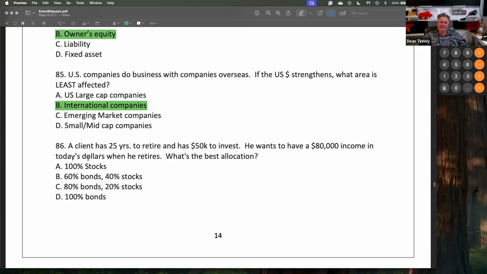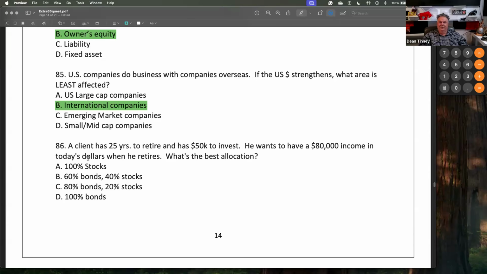I think this guy's pretty unreasonable. He's got $50,000 to invest. That's his present value. He wants a future value that'll pay him, Joseph, $80,000 a year off a base of 50? Are you nuts? I think the only thing that can possibly get you from here to there, Joseph, is NVIDIA. I'm joking, but right? I mean, man, if that's what he wants, the only way he's getting there is with